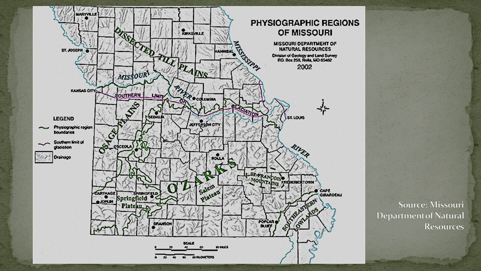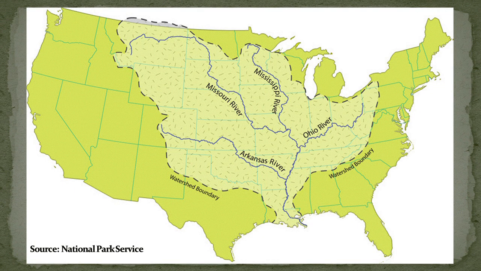The first of these regions, and perhaps the most important, are the big rivers, a region to themselves, because they will shape so much of Missouri's early history. The Mississippi River runs southward along Missouri's eastern border for 485 miles. On the other side of the state is the Missouri River, also flowing southward before it runs to the east and then pours into the Mississippi just above the city of St. Louis. The Ohio River, meanwhile, meets the Mississippi near southeastern Missouri.